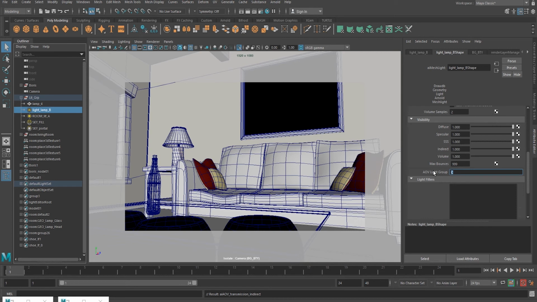If you see it for the first time, it will be written as default, but as I have already created those groups, it was written C. So I have manually written C in here. So I will just write C in here.